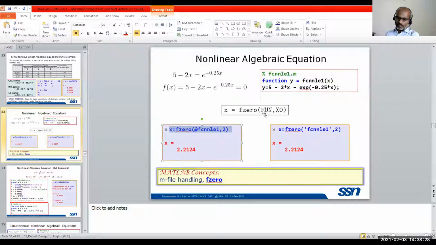One is the function file. So the first one is the function file. Second is the initial guess value for x. You know how it is solving? It is solving by the most common solver, called the Newton-Raphson method. In the Newton-Raphson method, we know it takes an initial guess. So you give an initial guess value for x, and the solver will start with that initial guess and continue until convergence is reached. So let us simply copy this.